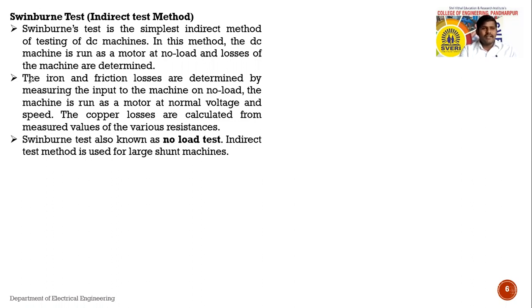Here it is written, the iron and friction losses are determined by measuring the input to the machine on no load condition. So we are able to calculate the iron loss, hysteresis and eddy current loss, and friction and windage losses